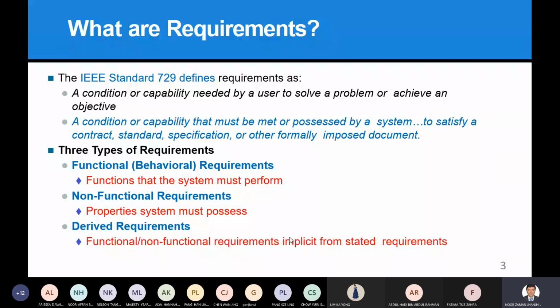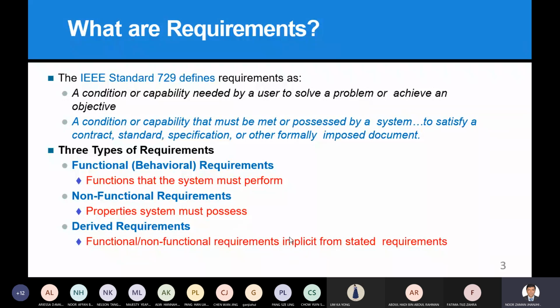So this could be a good example from where you can understand the requirement's importance. As per the IEEE document, another definition is: a condition or capability that must be met or possessed by a system. So that is the requirement. And this is another definition. If the requirement is there and you are not able to fulfill the customer's requirement, the customer will say no,